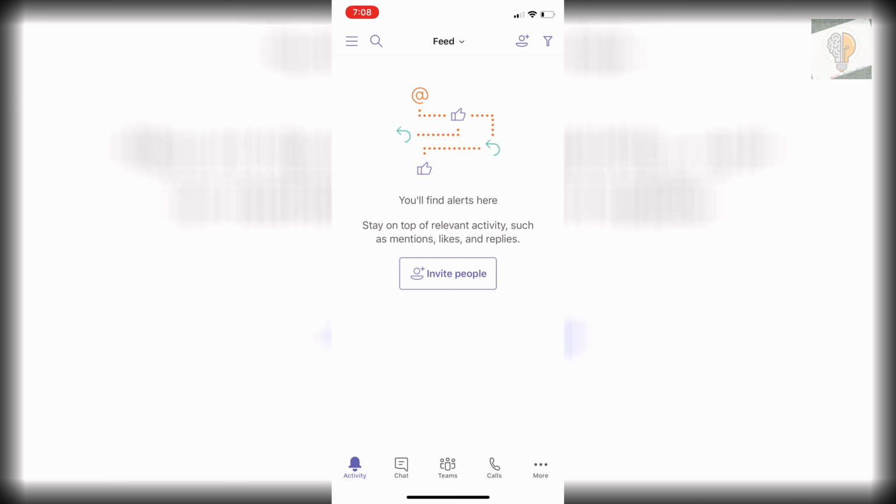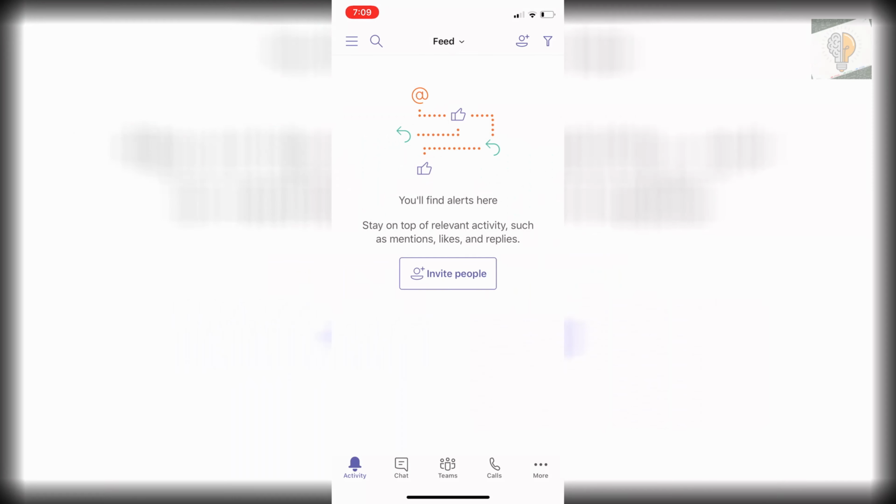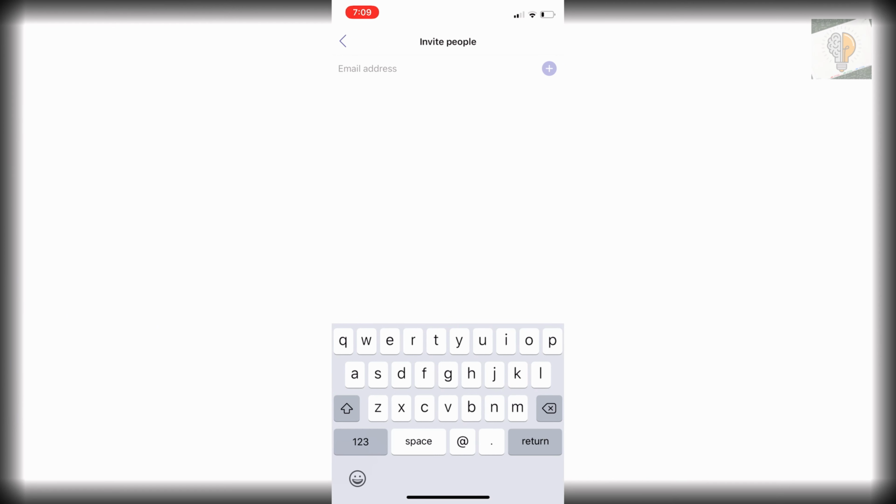So you guys want to open up Microsoft Teams and you will start off on this home feed page that you see right here. So you see that it says invite people right there. You can click on that button, or you can go to the top right just under the battery there and click on the little person with the plus sign, and then you can either share the invite link or enter email addresses. So we can click on enter email addresses, and then you just want to type in an email